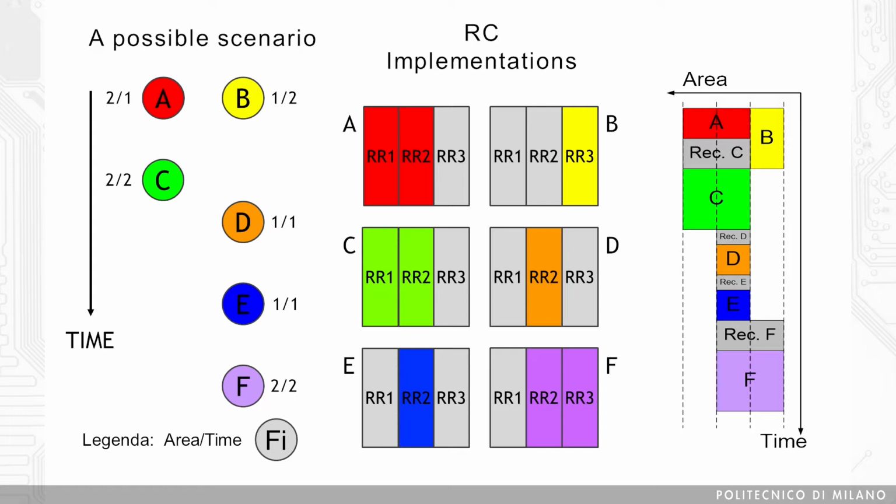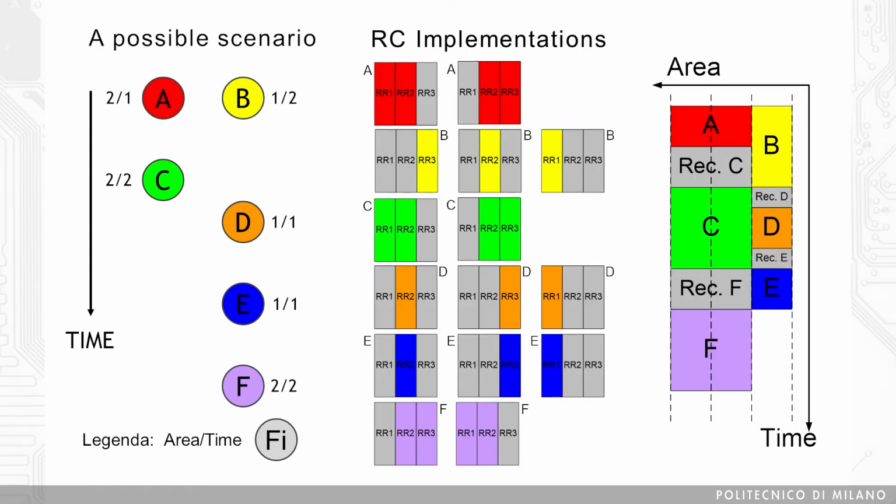Is there any way to deal with such a problem? The answer is obviously yes, and the idea is quite simple. We are going to implement each functionality on each of the feasible reconfigurable regions. We know that the 6 functionalities are all different. We know that from the implementation of a functionality to another one, we may need different resources, but we are working with a simplified model where all the reconfigurable regions are identical. Within this context, the feasibility check for a mapping solution is quite simple. We just need to have enough adjacent reconfigurable regions to implement the desired service. The figure is presenting all the possible implementations for each functionality.